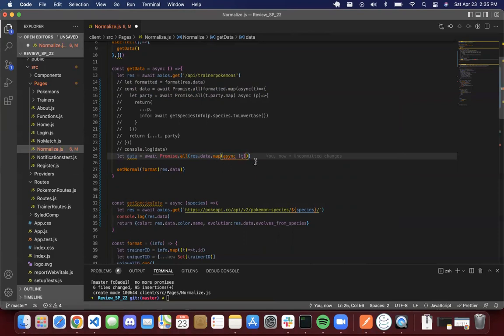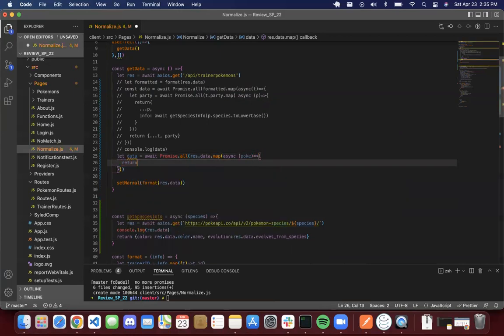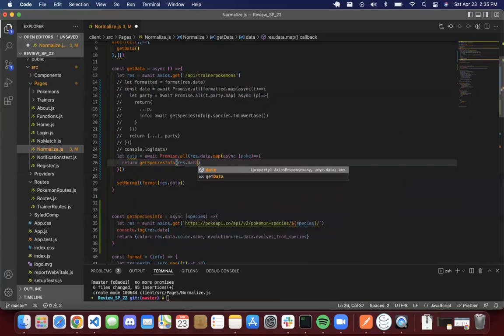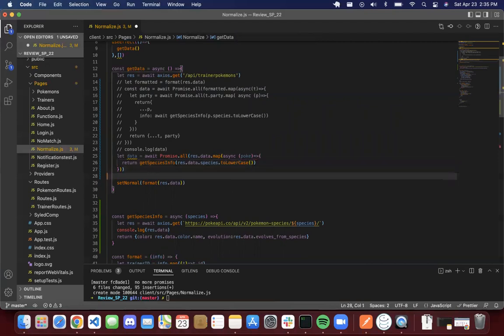No, we don't have t because we only have where's the data. Okay, so where's the data.map async, parentheses goes there. It's going to be our Pokemons, because it's going to be all of our Pokemons. Curly bracket. I'm just going to return, and in this return we're going to do get species info, species info dot to lower case, and then if we console log the data,